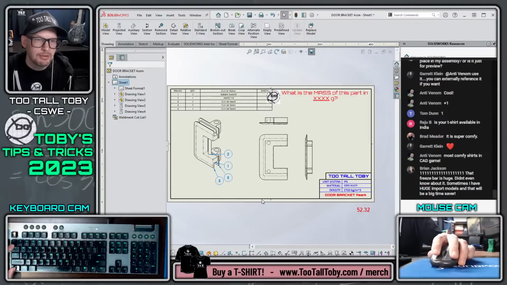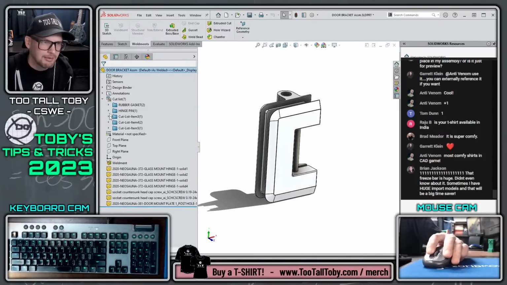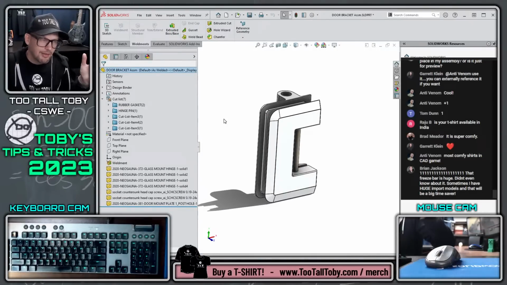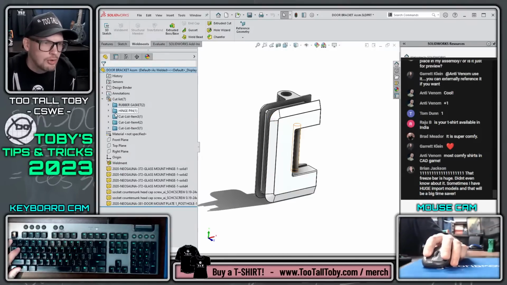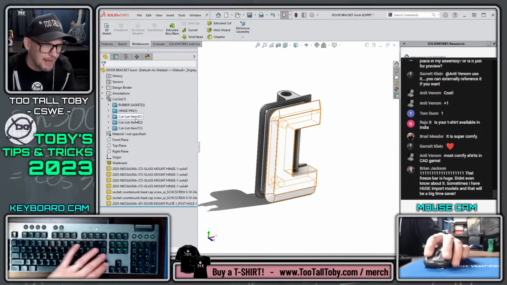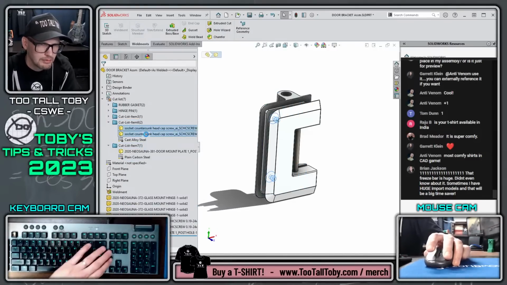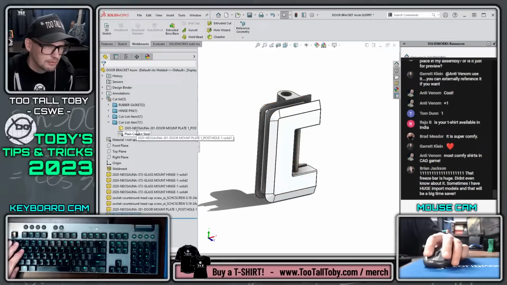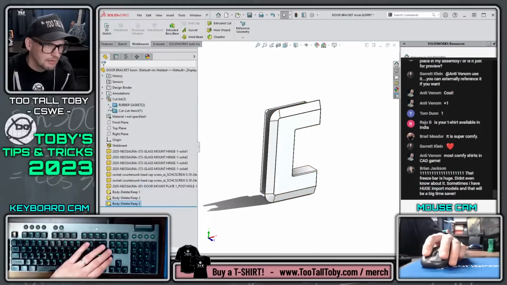The main reason I wanted to include this in the presentation is because I know a lot of users get into the spot where it comes in as a multi-body import, and then they're like, well, what am I supposed to do now? I had one user, I remember one user who went through and deleted all the other bodies so that they could just work with the one single body. So they deleted these bodies here, delete these bodies, delete this body, delete this body, delete these bodies,